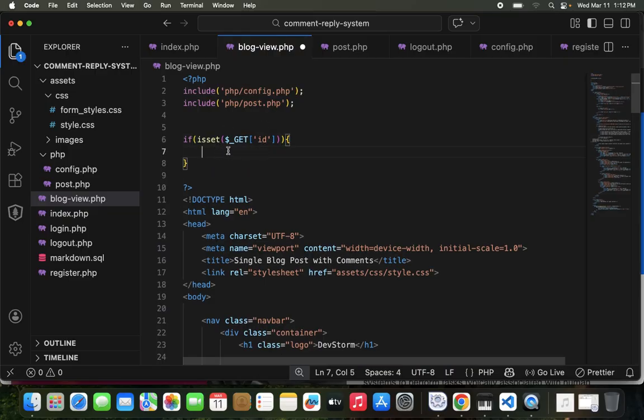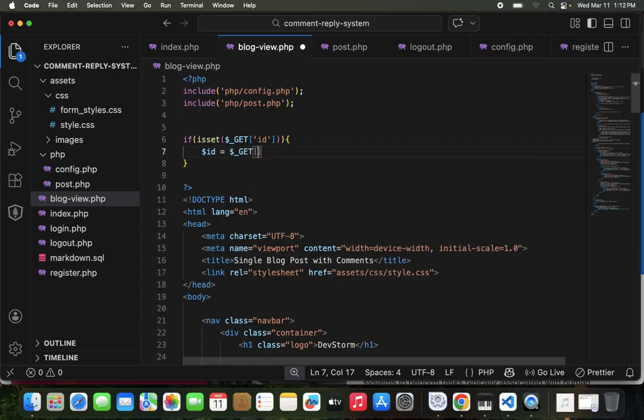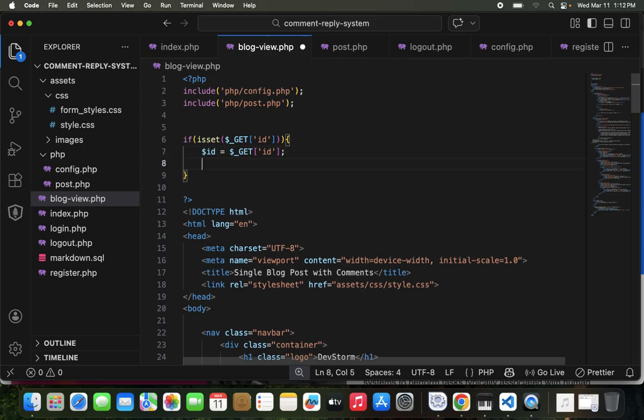So what this is saying is only if we are getting the ID from our URL should we proceed with the code inside this block. So we can set the ID variable equals to $_GET ID, like that,